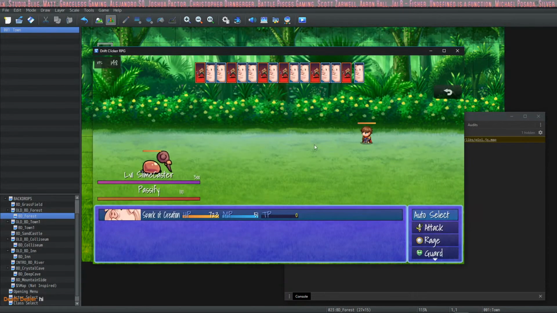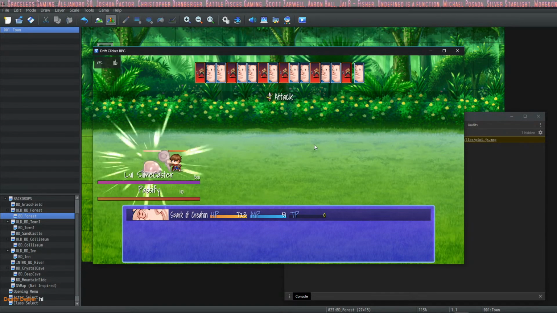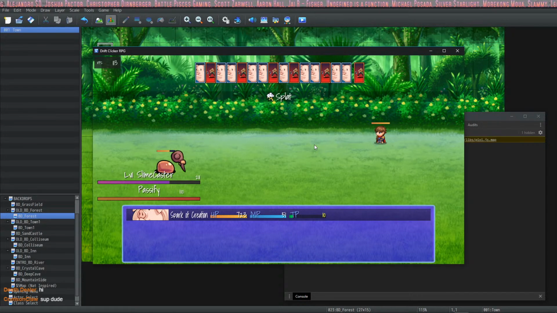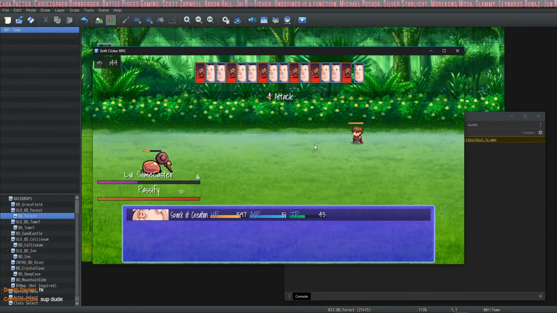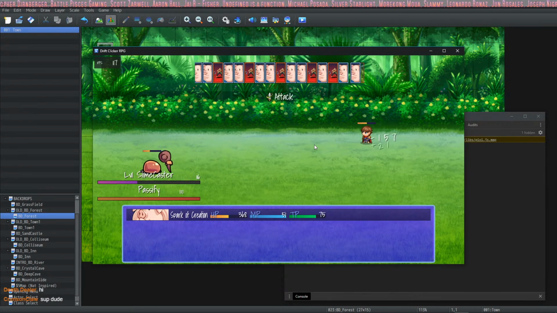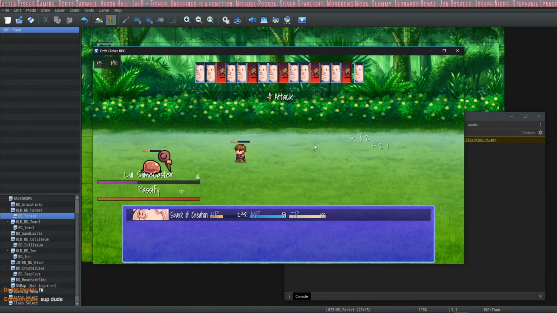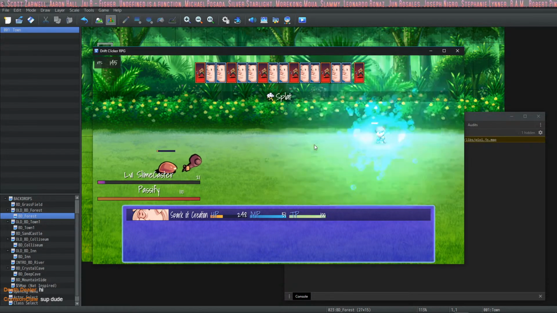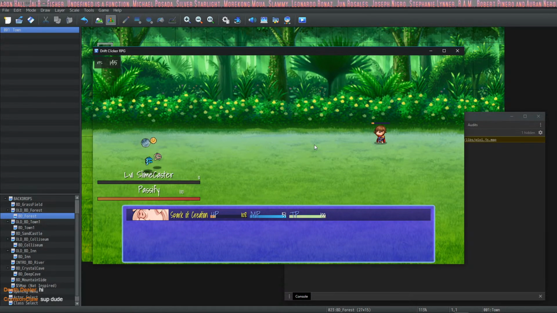Hey, what's up, Death Dealer? We're gonna get started in just a second. I'm trying to figure out this little bug that's going on. For some reason, when I auto attack, it makes my guy attack himself.